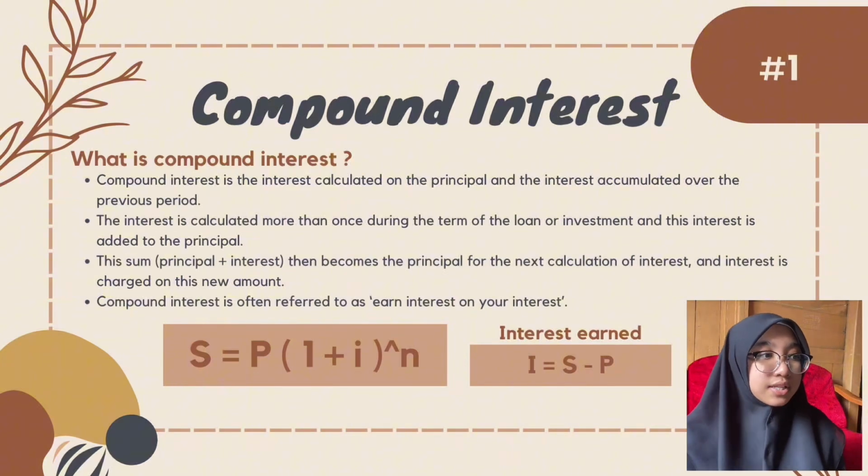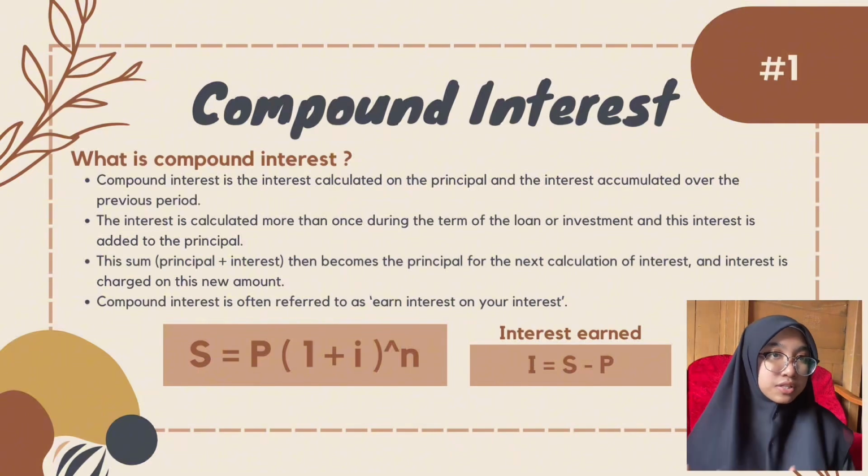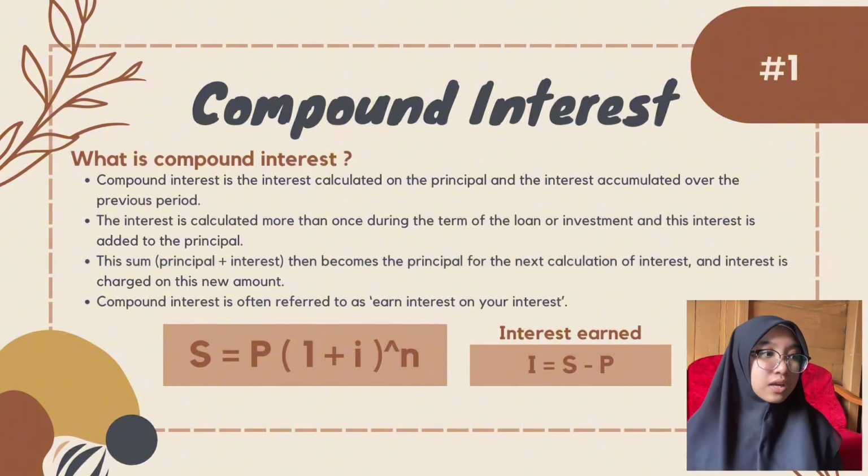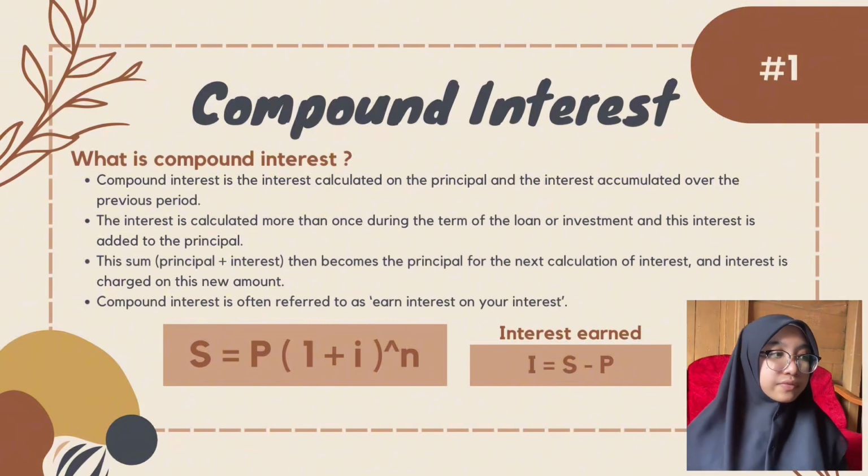In other words, the interest is calculated more than once during the term of the loan or investment, and this interest is added to the principal. This sum, which is the initial principal and its interest, then becomes the principal for the next calculation of interest, and interest is charged on this new amount, which is why compound interest is often referred to as earned interest